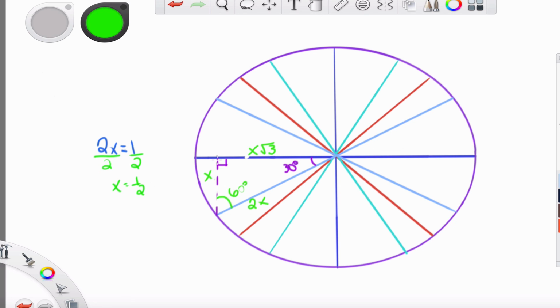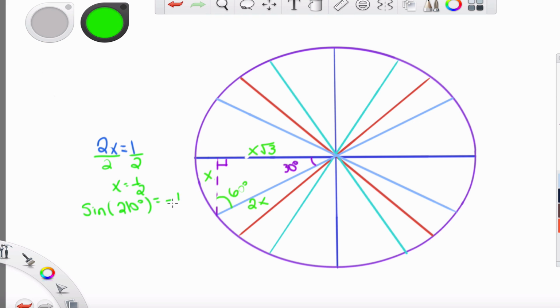But once again, remember, this vertical distance is a negative value because it's in the third quadrant. That means that the sine value will be negative 1/2. Remember, our original problem was sine of 210 degrees, not sine of 30 degrees. We have sine of 210 degrees